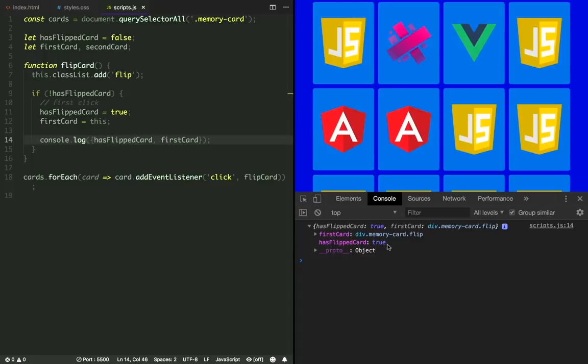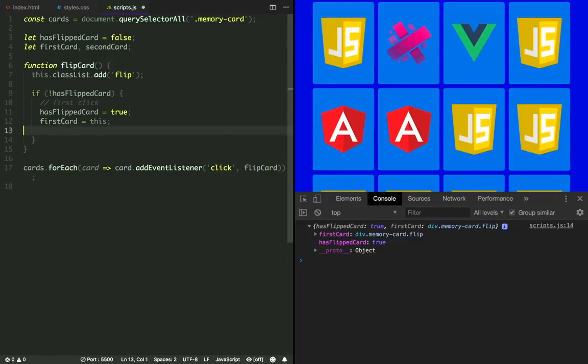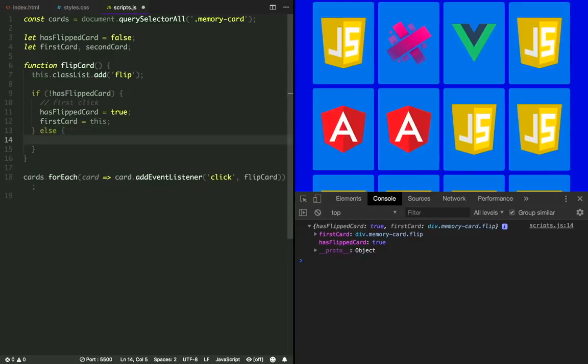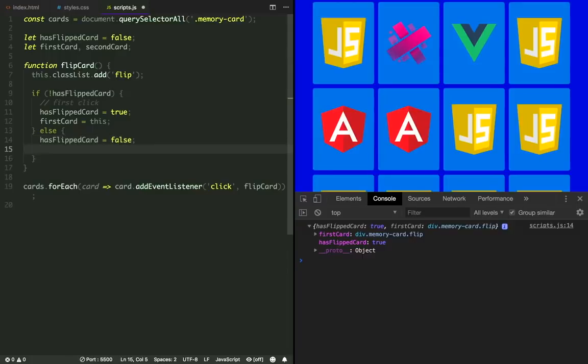And when we click again on other cards, it does not enter the condition because hasFlippedCard is now true. So if hasFlippedCard is set to false, it means the player is clicking the first card. If it is set to true, it means the player is clicking the second card, and it's going to fall inside the else clause.